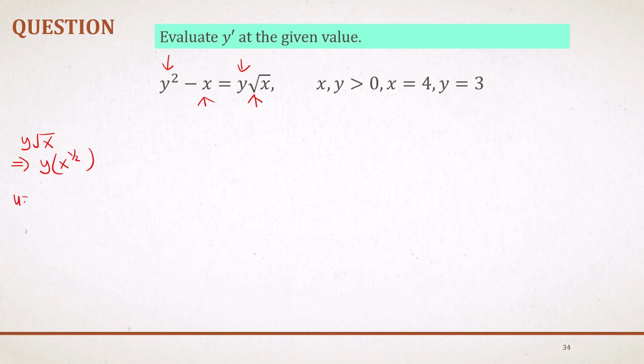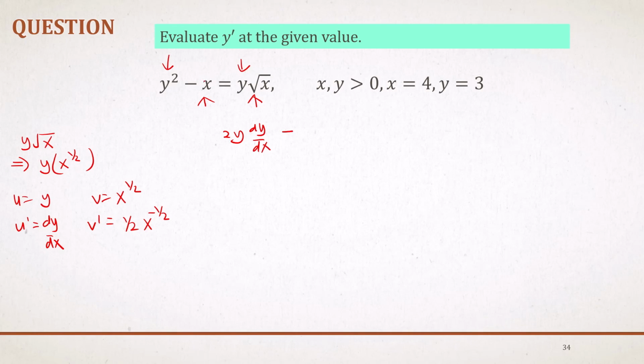So my u is y, so my u' is dy/dx. My v is x^(1/2), v' is 1/2 x^(-1/2). And now differentiating 2y is 2y dy/dx, minus the derivative of x, which is 1, equals